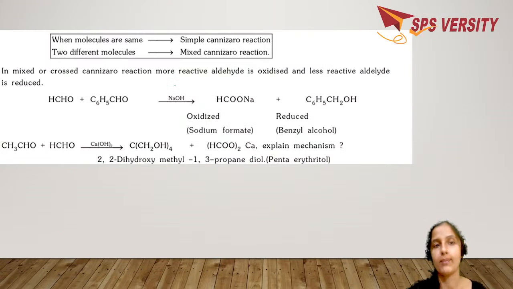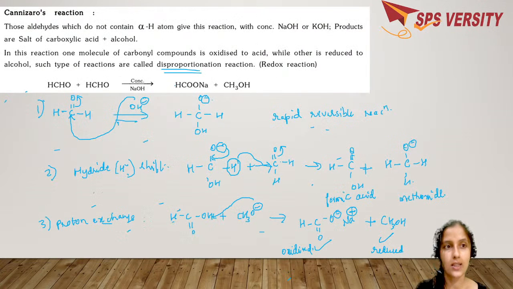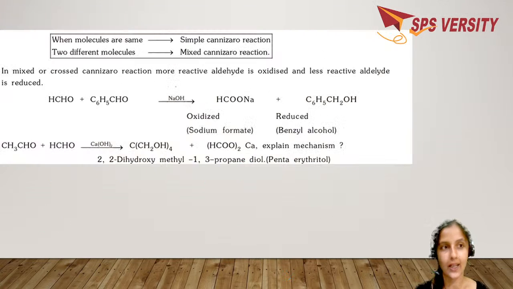If the molecules are the same, if you see this, both of them are formaldehyde, you have the simple Cannizzaro reaction where you get the salt of the carboxylic acid as well as the corresponding alcohol. But if you have two different aldehydes, then you get a mixed Cannizzaro reaction. For example, both this one,